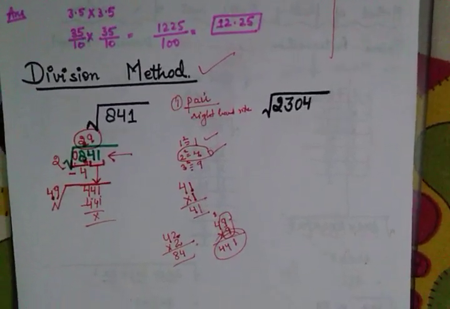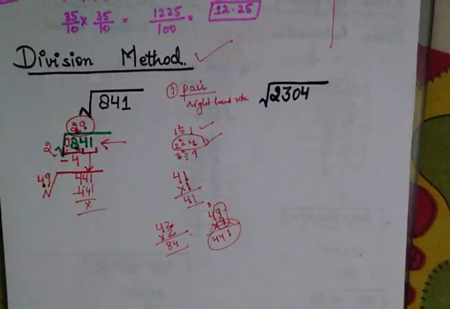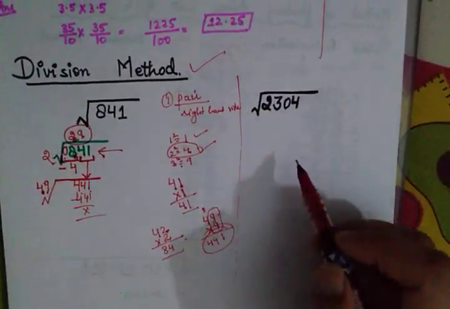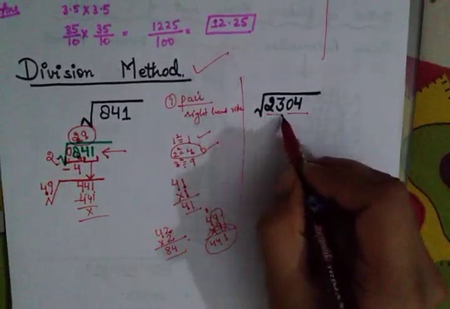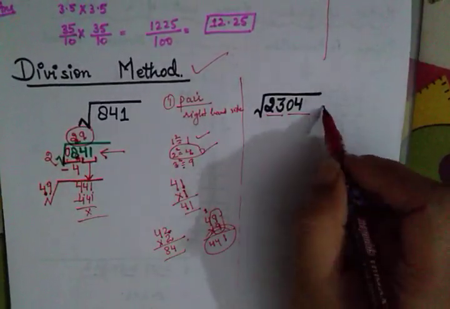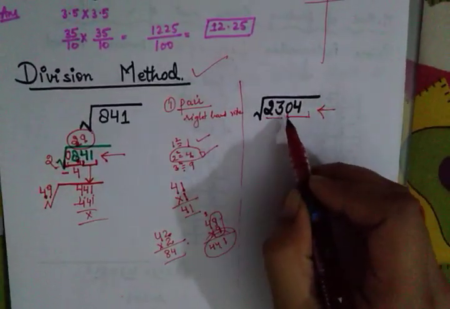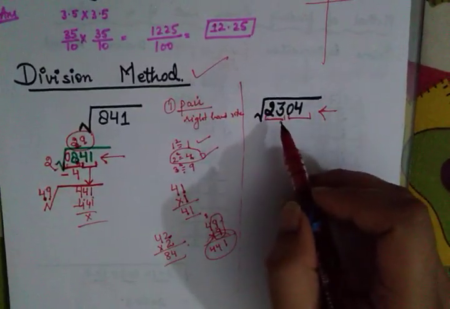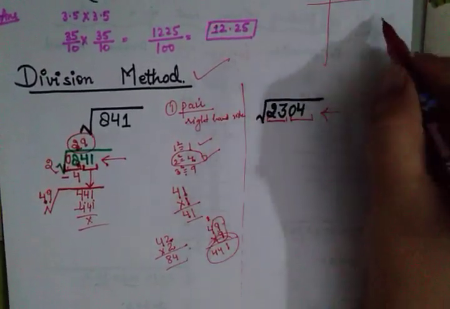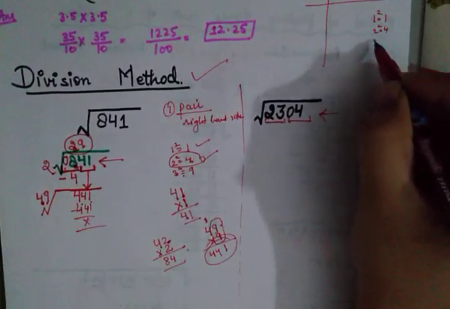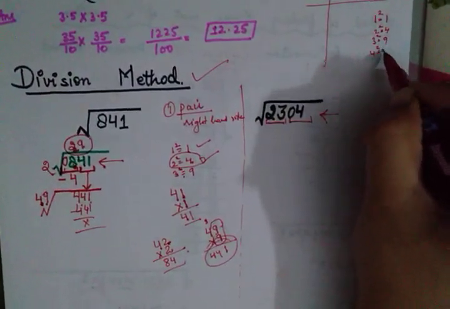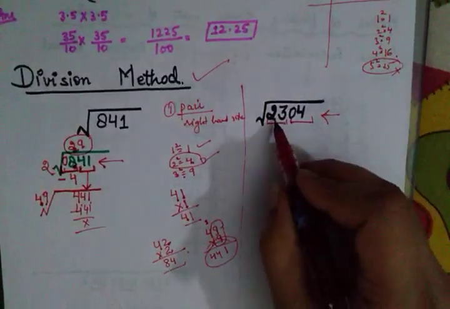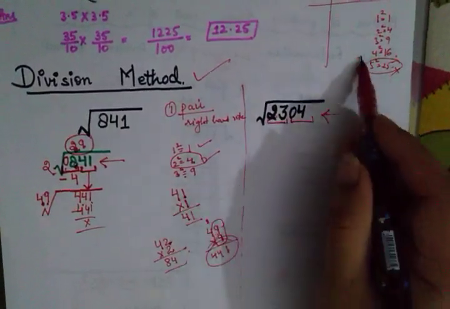Let's solve one more question so that you can become familiar with the concept. One more question written over here, 2304, and you have to calculate the square root of this. First pair, second pair, and see from where I started making the pairs, from the right hand side. So 04 is one pair, 23 is one pair. Let's start the calculation. Which number's square is nearest to 23? 1 square is 1, 2 square is 4, 3 square is 9, 4 square is 16, and 5 square is 25. Obviously I cannot take 5 because it is coming 25, which is bigger than this. So let me select 4.